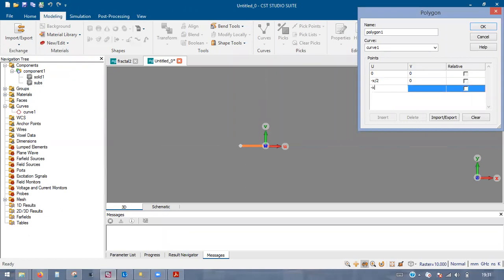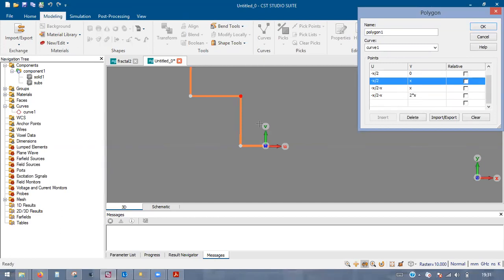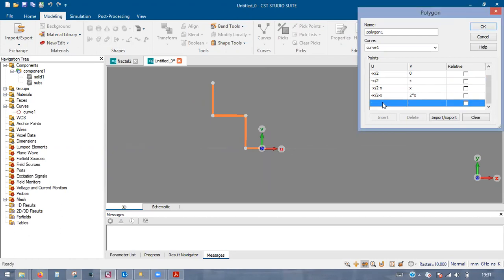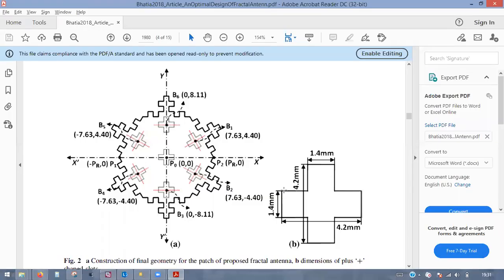So yeah, x will be same, y will be plus x. Again, now we have to go negative x-axis. This y will be same. Now we have to go positive y. So yeah, it will come to 2y. So yes, now next will be minus x by 2 only, because now we have to go in positive x-axis. Right? We came till here.